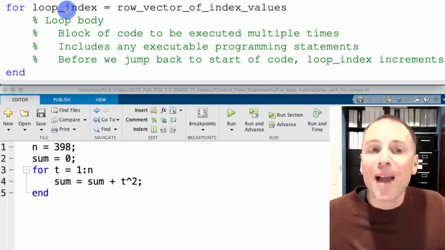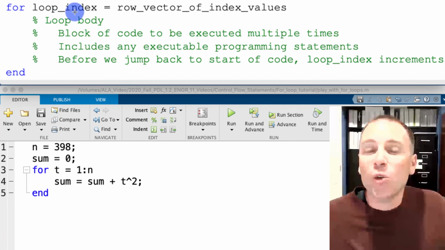One unique feature of MATLAB is that the index value runs through the entries of a vector, and those entries can take any form. This leads nicely into the community challenge. In the comment section below, post your response to this question. How do you know if a problem that you're working on should be solved using for loops? In other words, how do you train your mind to recognize when to use a for loop to solve a particular programming problem? You can write your own ideas in those comments, or you can write links to other people that have good expositions on that topic.